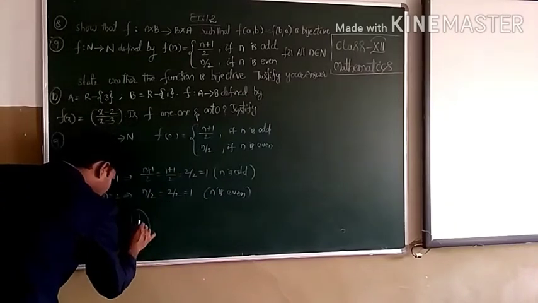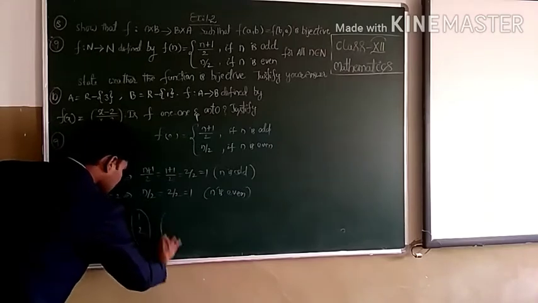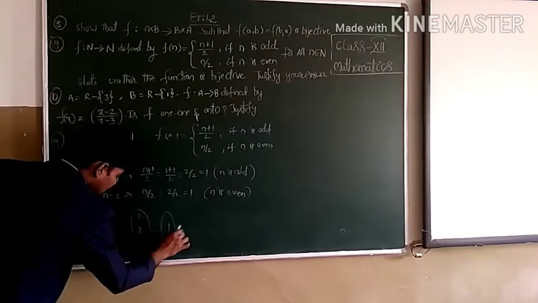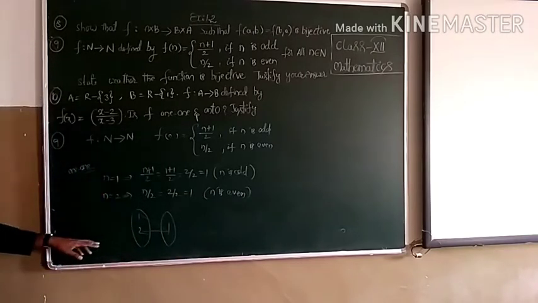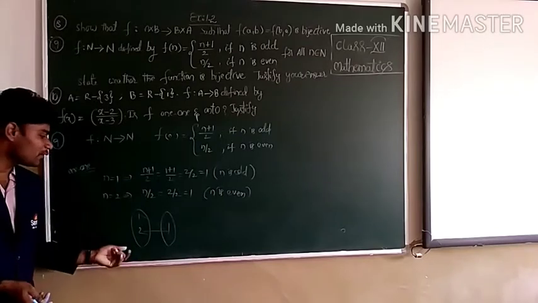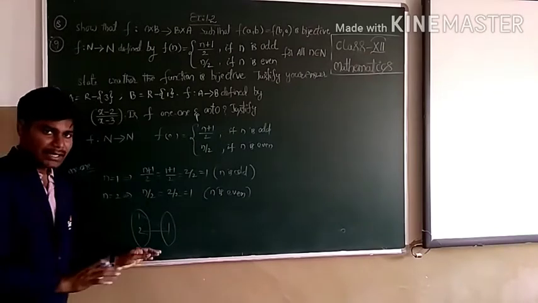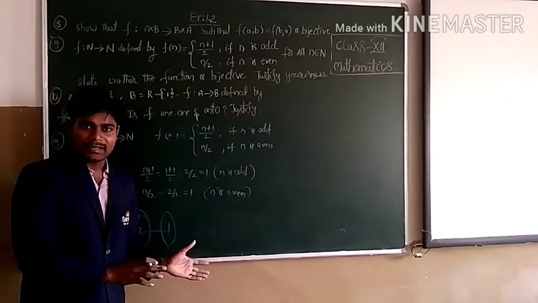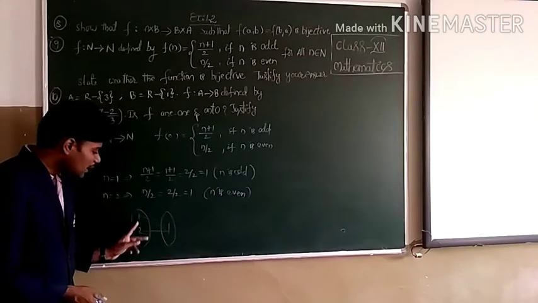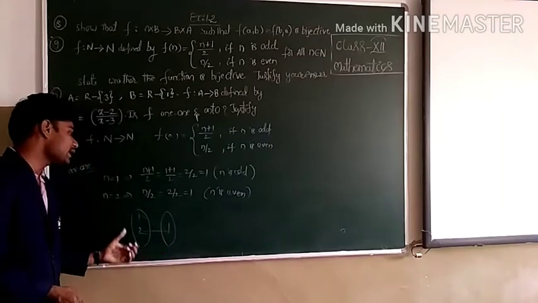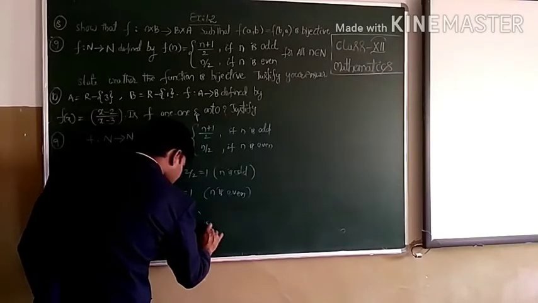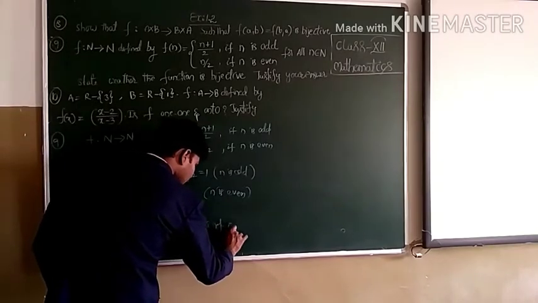because if you take the map diagram, 1 and 2 are the elements. These two elements are mapped to only one element, that is 1. Different elements must have different images for it to satisfy the one-one function. One-one function means that no two elements in set A have the same image in set B, but here these two elements have the same image, so that's why f is not a one-one function.